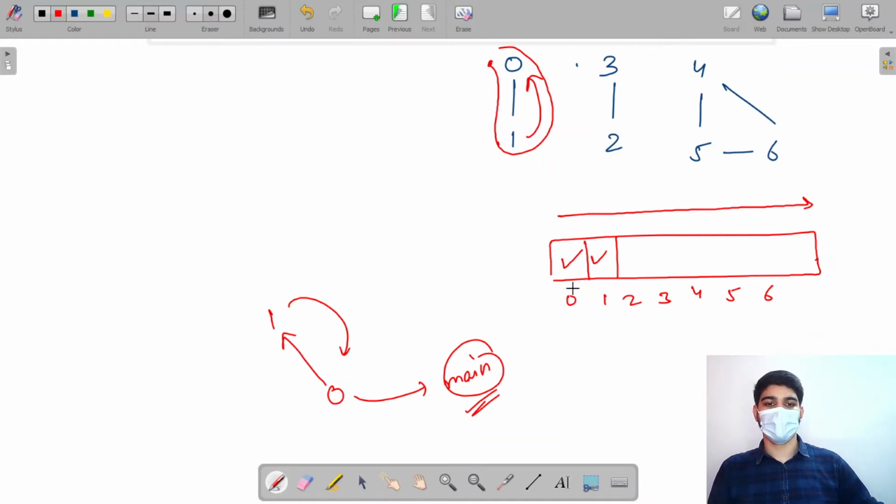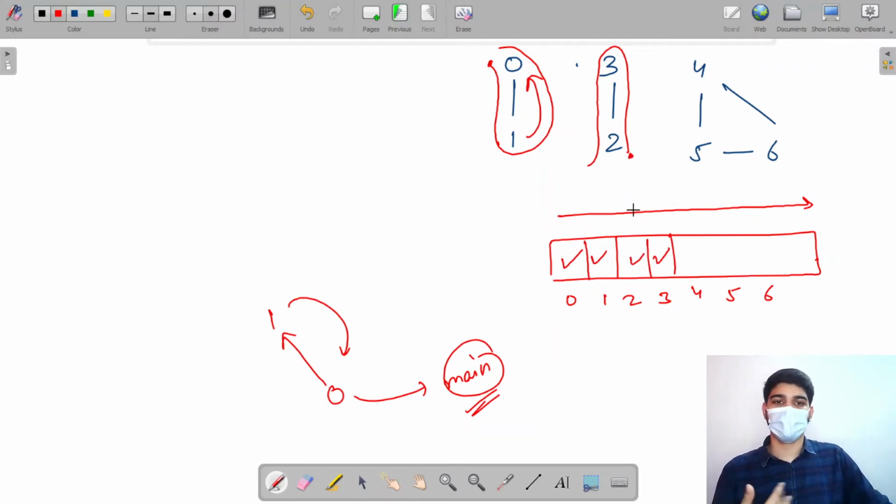are not marked? As we can see, 2, 3, 4, 5, and 6 are yet to be evaluated, right? That means they haven't been evaluated as of yet. That means I can call from 2 as well. So if I call from 2, I would go to 3 and come back, and I would mark 2 and 3 as true. As I get back to 2, I would say, okay, I got through another component of mine,